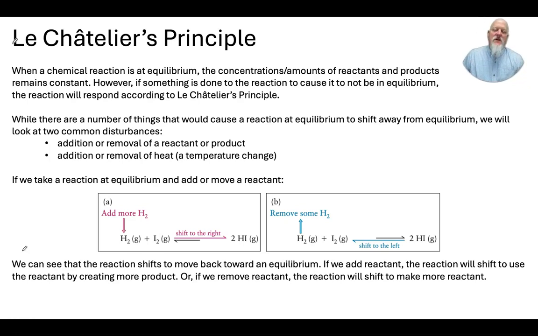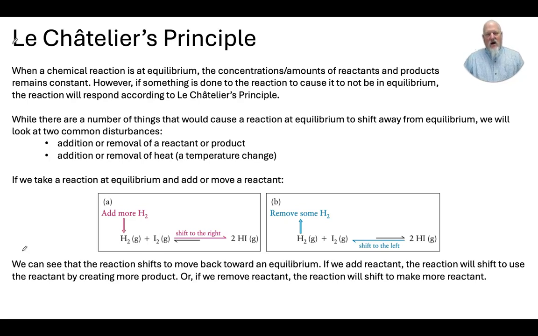Okay, so there are disturbances that can occur that can make that equilibrium adjust, and we're going to look at two of those. We're going to look at if we add or remove reactant or product when the system's at equilibrium, or if we heat or cool the system to cause a temperature change. Okay, so